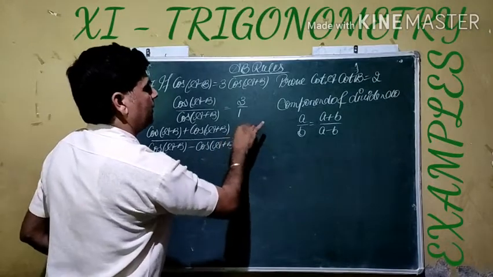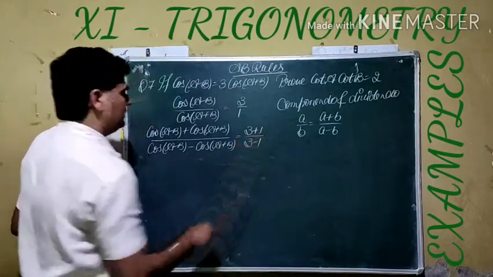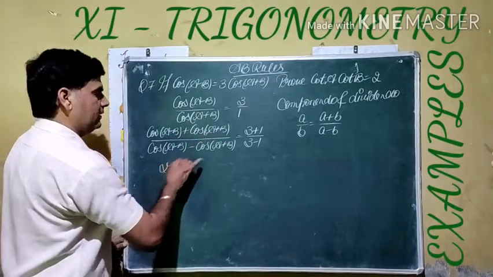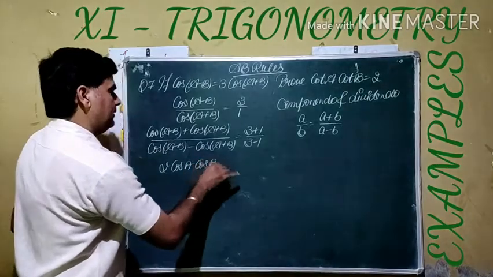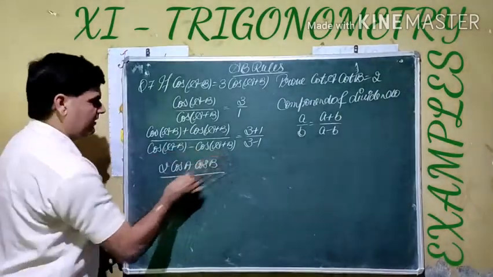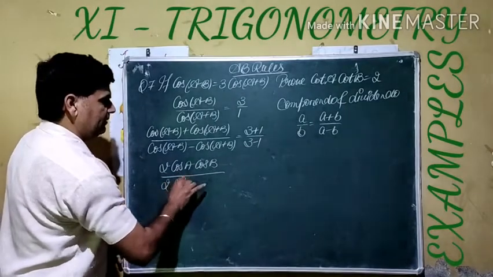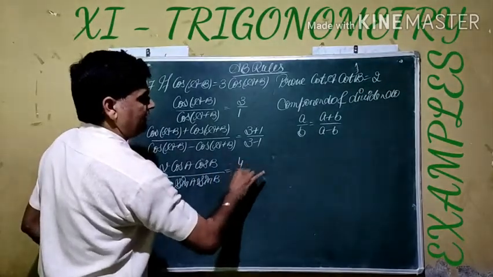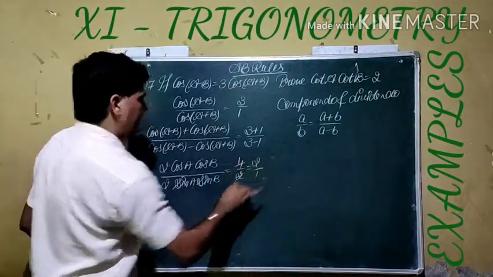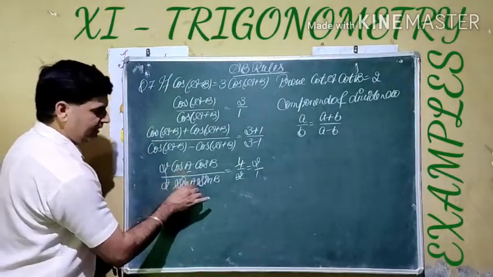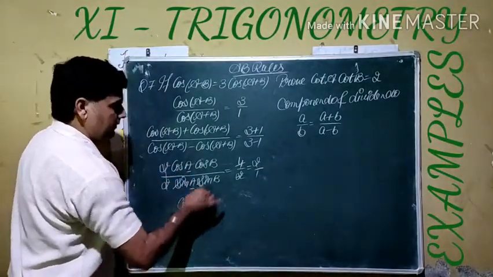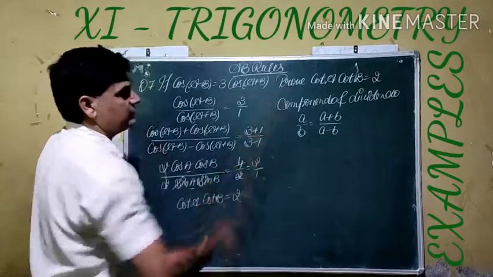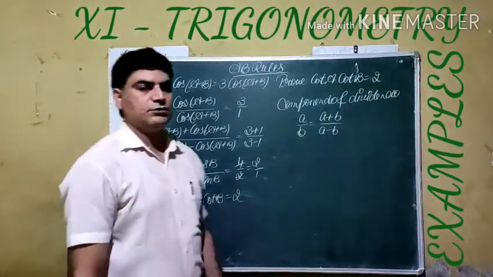On the right hand side, 3 plus 1, 3 minus 1. We know the identity. Cos of (a minus b) added with cos of (a plus b) is given by 2 cos a cos b. And cos of (a minus b) minus cos of (a plus b) is given by 2 sin a sin b. So we replace this value. On the right hand side, it becomes 4 by 2. Cancel out by 2. We get 2 by 1. The 2 cancels out. Here cos a divided by sin a is cotangent a. Cos b divided by sin b is cotangent b. It becomes equal to 2, which is our required result of this question.